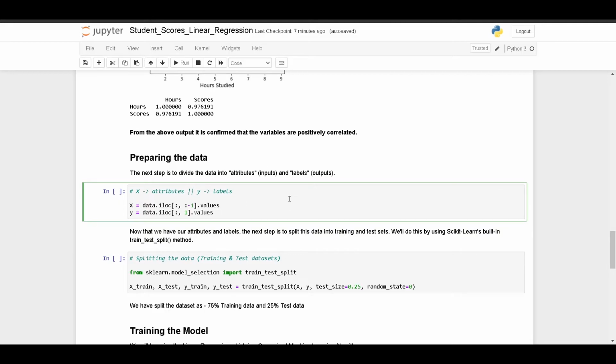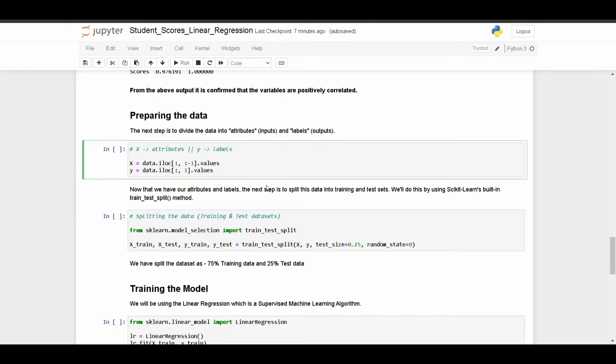Now after dividing the data set, we have to split the data into two sets, that is the training set and the test set. The training set will be used to train the machine learning model, and the test set will be used to perform predictions on the inputs.